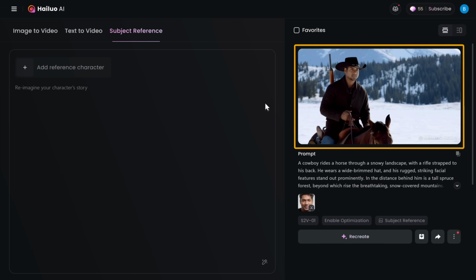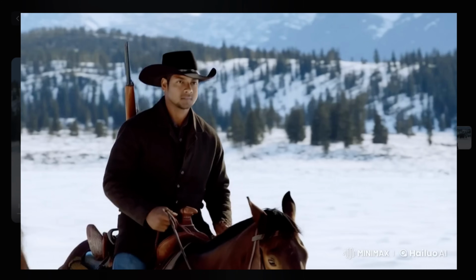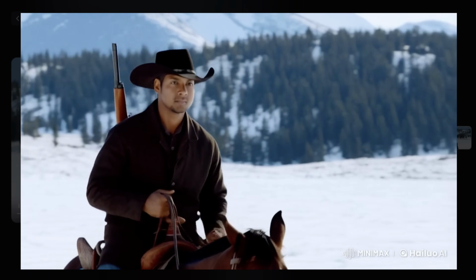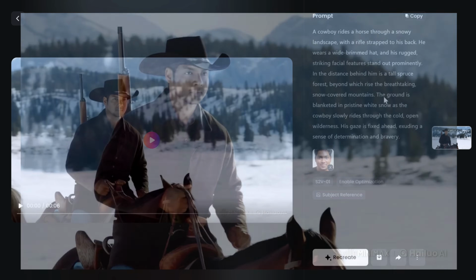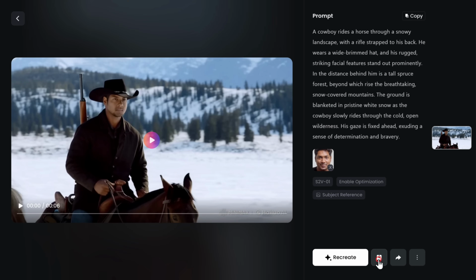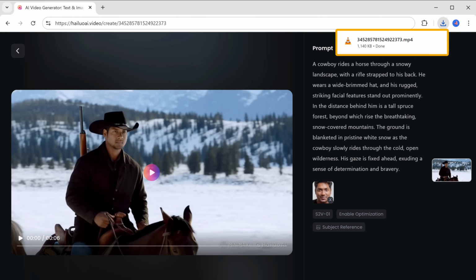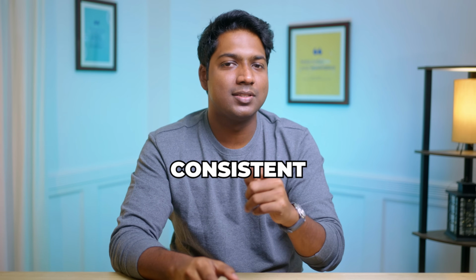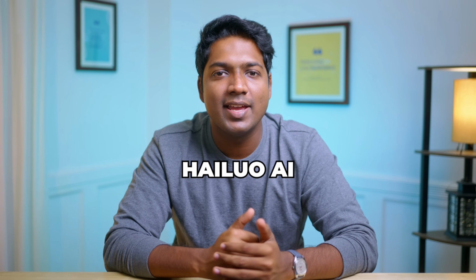Once it is ready, let's play it and see how it looks. Well, the characters stay consistent, which is great, but the quality could be better. To download your video, just click here and it will be downloaded to your computer. So if you're looking for a free alternative to generate AI videos with consistent characters, Hailuo AI is definitely the